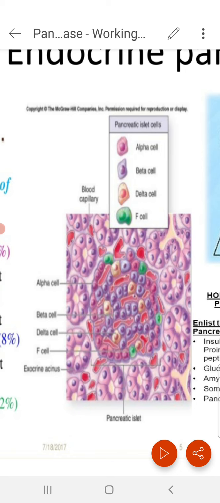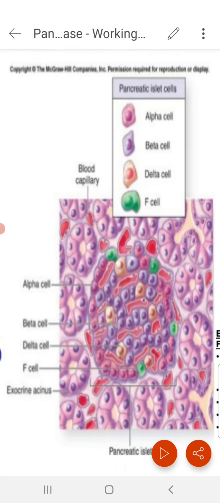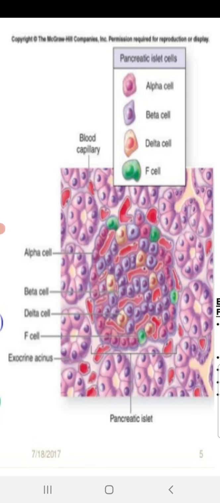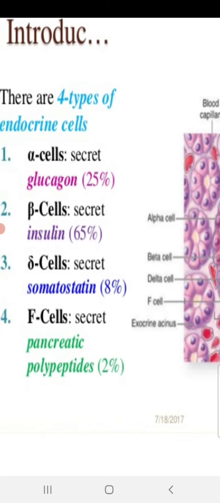The surrounding region is exocrine pancreas. So exocrine pancreas will secrete the pancreatic juice, and that will be transported to the digestive system through the pancreatic duct, whereas endocrine pancreas will not have any duct, because endocrine glands are ductless glands, and this secretion will be directly released into the bloodstream, because in the pancreas the blood vessels are richly supplied, and in that bloodstream only the secretion of the endocrine part will be released.